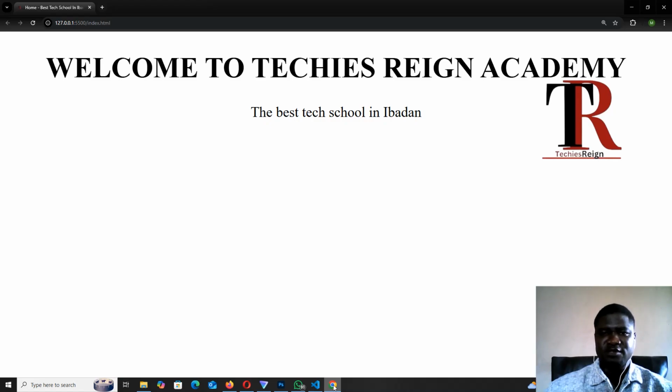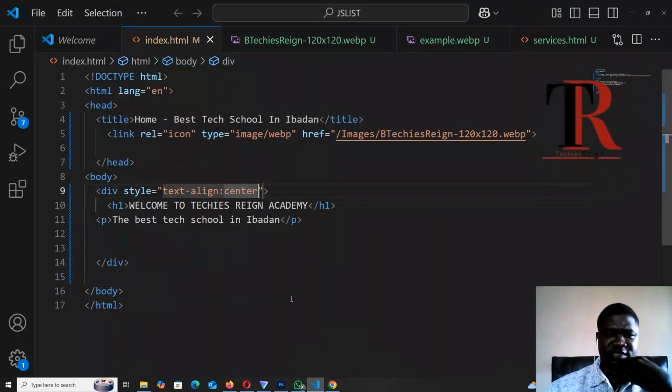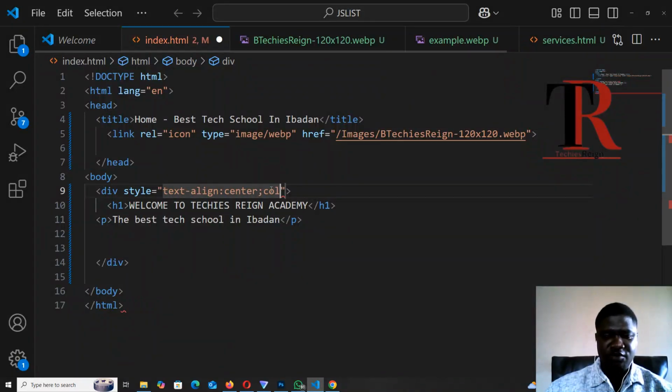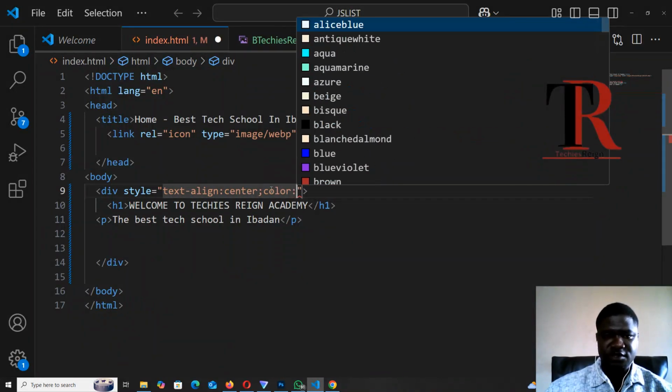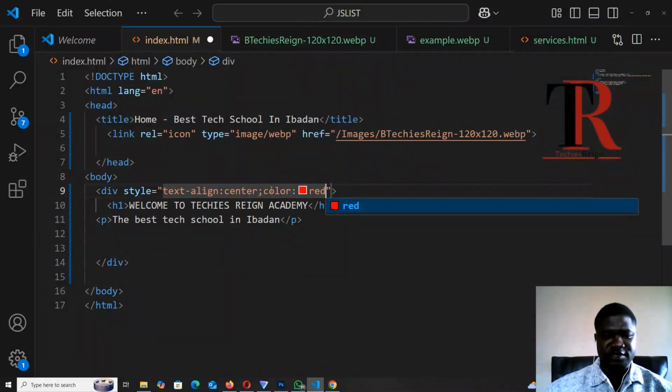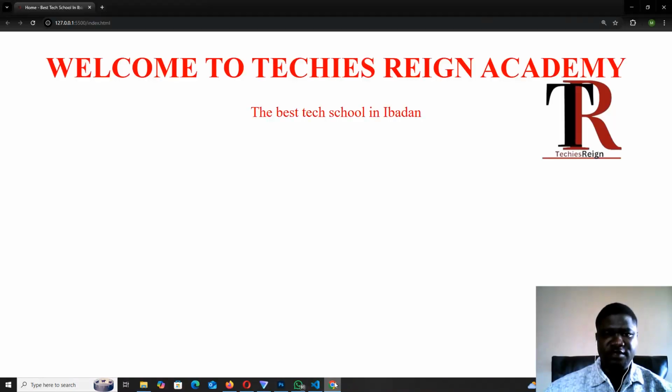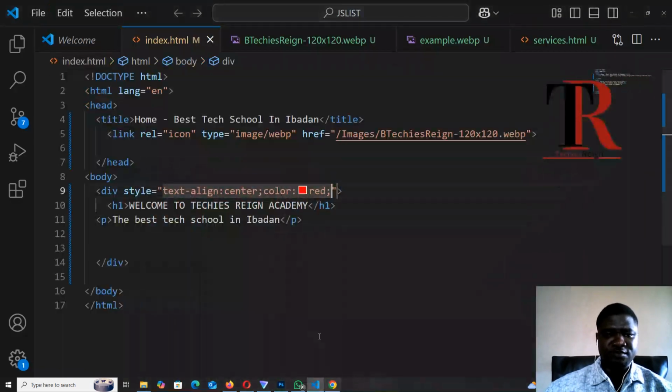Good. So we can decide to use our inline styling to make it look like this. We can decide to add a color to it and just say our color will be red. Then we save it, and by the time we come back here, can you see it is red already? Good. So now we can decide to also